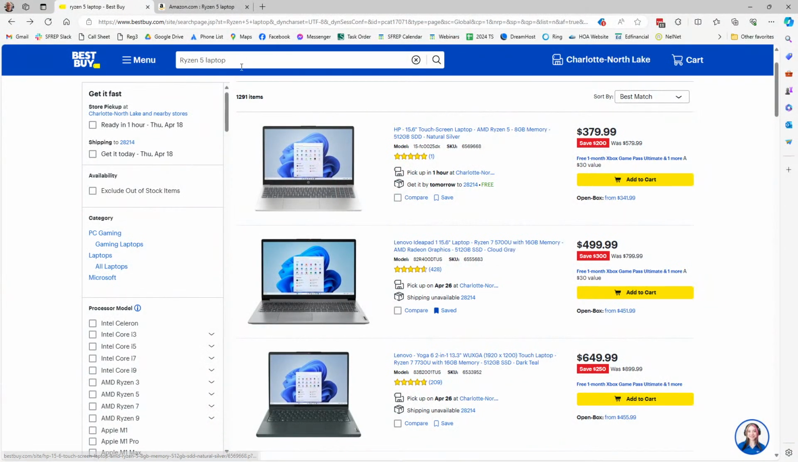Interestingly, Lenovo also owns Motorola. So if you have a Motorola phone, you have a Lenovo. Okay, so just doing this cursory search right off the bat, as far as value, if you're looking for the